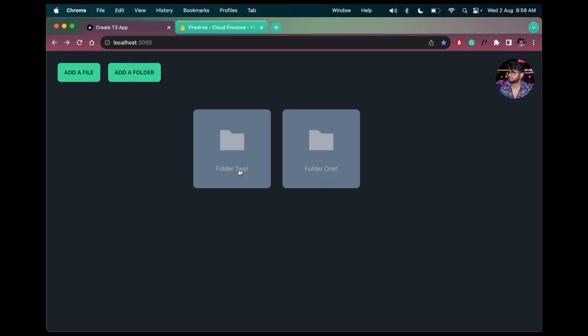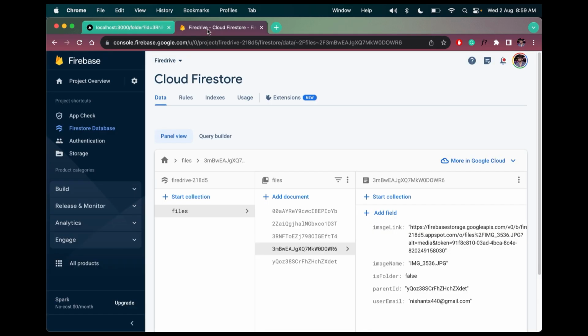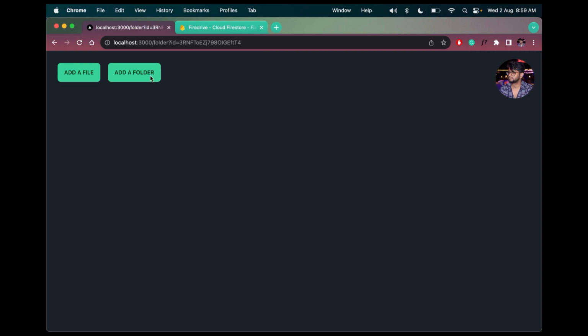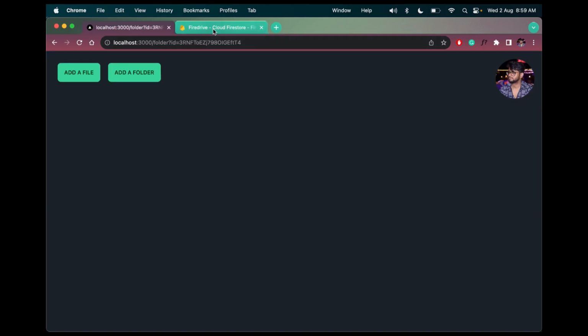If I go back, open folder 2, we will have nothing because the folder inside is empty. Like we don't have any files in here. Basically what I mean is we don't have any files that has the parent ID of this. So yes, that is how we create a Google Drive clone using